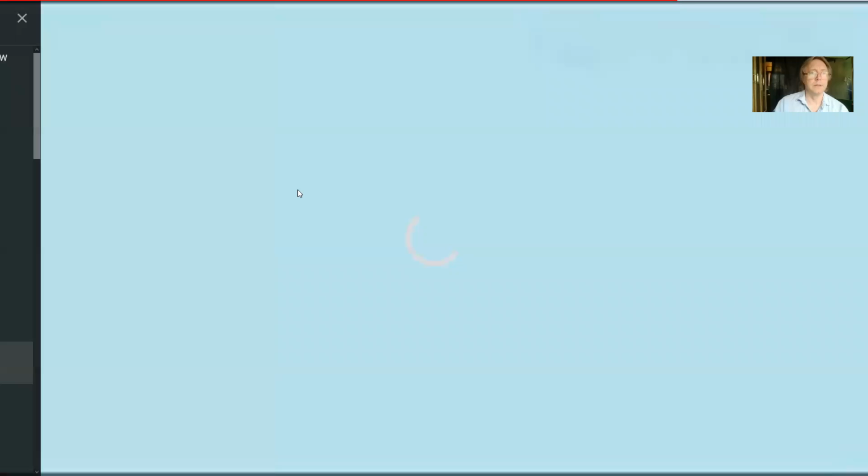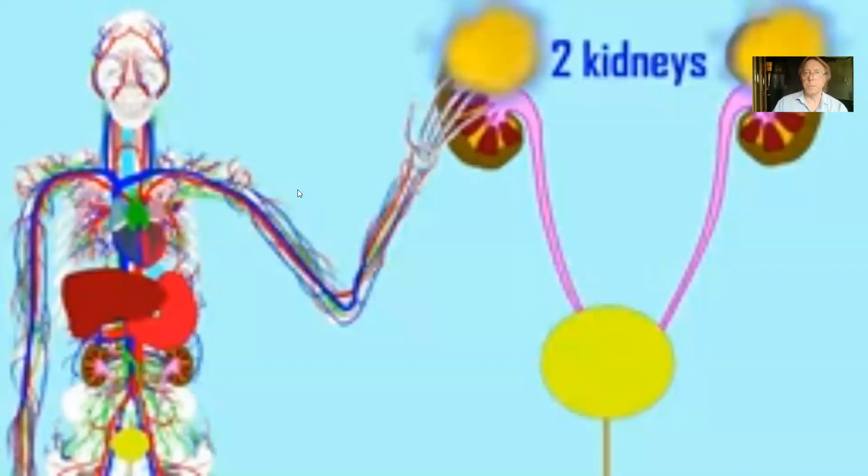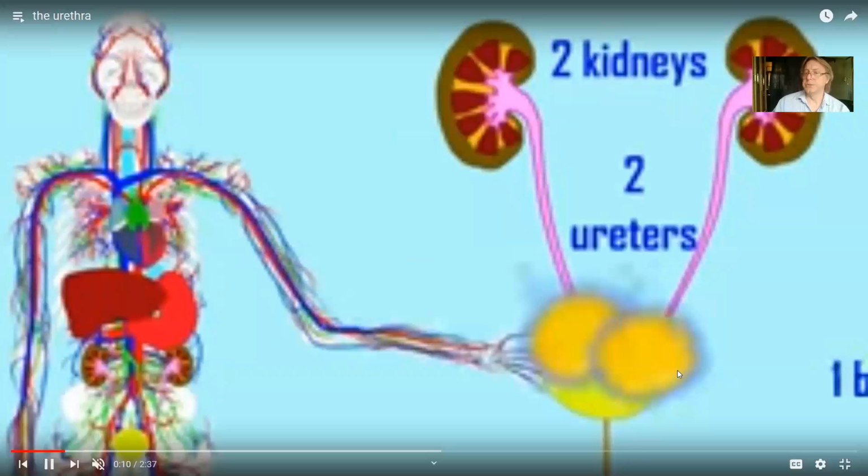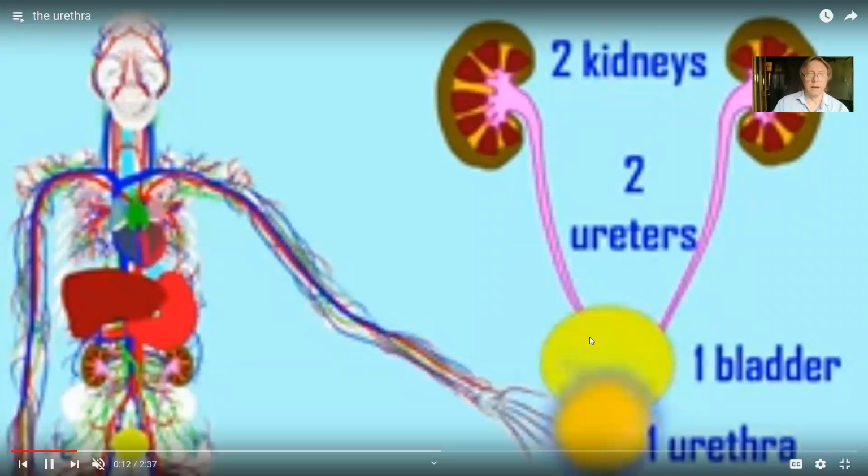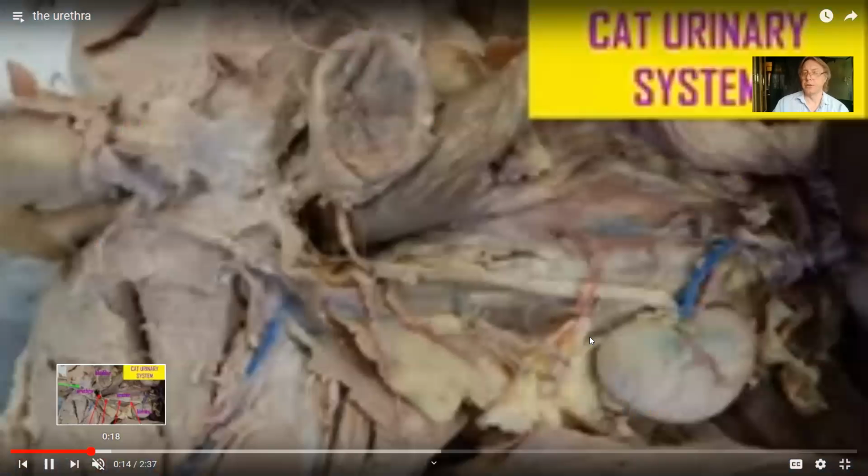In males, I'm sorry that we've been slowly. Sorry about that. Once again, there are two kidneys, two ureters, one bladder, one urethra, which eliminates urine from the